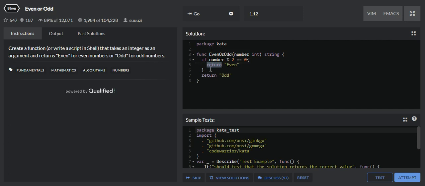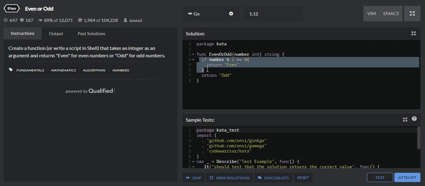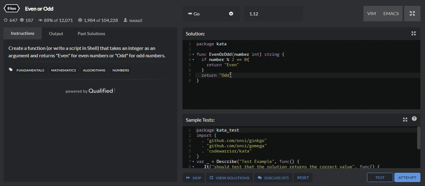It will not continue executing the function below. The return keyword will exit from the function, returning even as a string. So this is the data type which we are returning here. And if it is not divisible by 2, then it will not go inside this if block. It will directly come outside and return odd as the string.